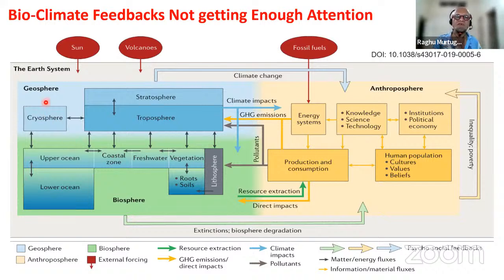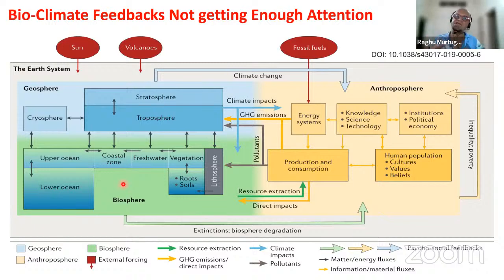So you have the geosphere, you have the biosphere, and you have the anthroposphere, or the human beings with their energy systems, producing and consuming things, affecting the geosphere and the biosphere directly and indirectly, and so on. So now we have become like an external forcing. We are taking out fossil fuels that are buried away from the atmosphere and the climate system, and we are putting them into the climate, so we're affecting the radiation balance. What do we do with this? I said already, whether